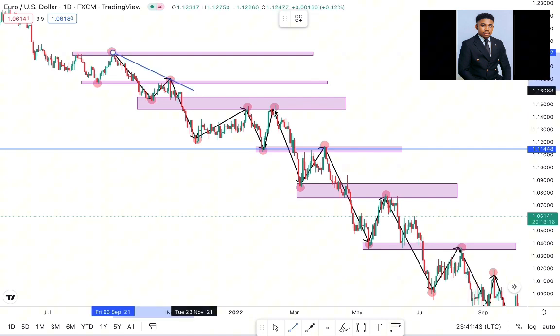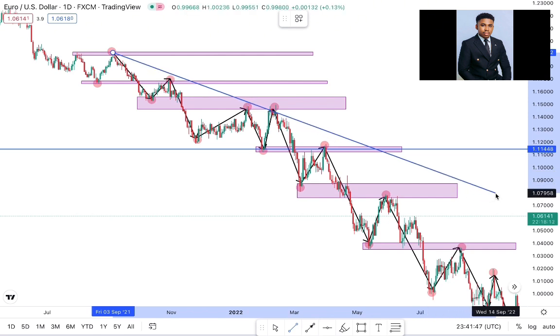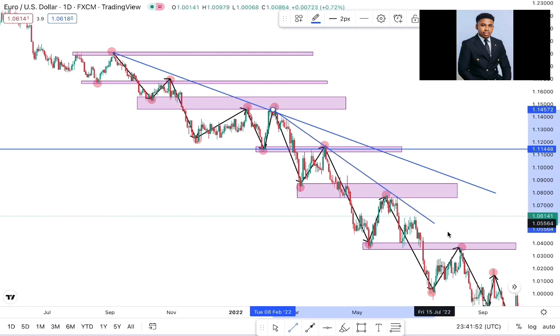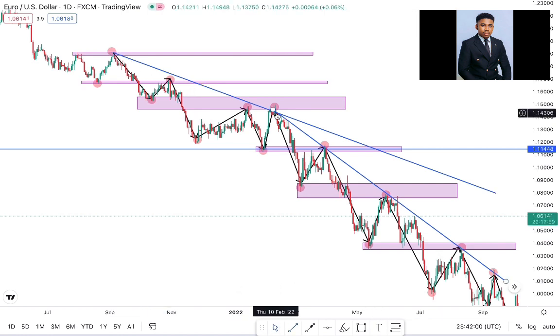You can see I would mark my points. Okay, this is a trend line. I could also mark from here. This is another trend line, and you can see the beautiful reactions of price from these trend lines. Okay, so we can see that this is the first touch, this is the second touch. Unfortunately, price didn't come back to this particular trend line anymore, but then we can see first touch, second touch,